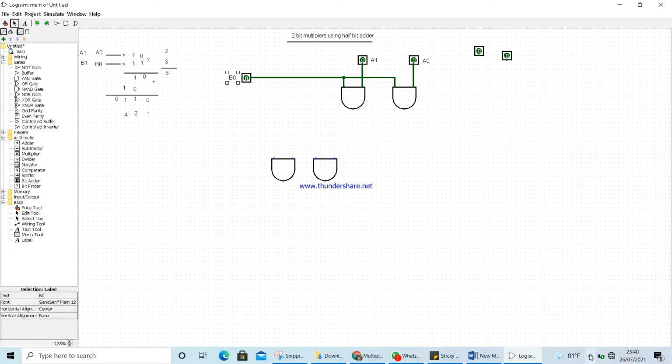I name this one as B0. Right, now I have the A1 B0 combination and the A0 B0 combination. Okay, now I have the first,